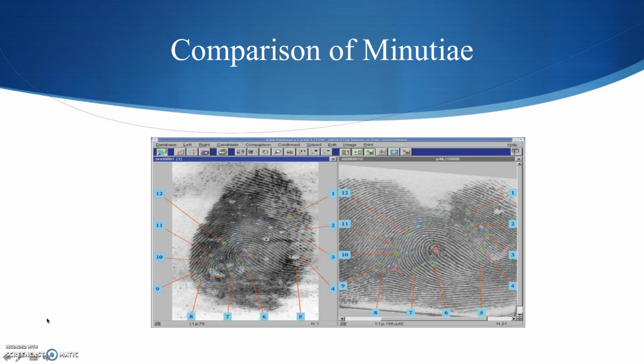Comparisons of fingerprint evidence versus exemplars can be a tedious and time-consuming process. The fingerprint evidence needs to be uploaded into a database. In the United States, this database is called IAFIS, which stands for the Integrated Automated Fingerprint Identification System. Once the questioned fingerprint is successfully imported into IAFIS, the database begins to locate possible matches based on the minutiae